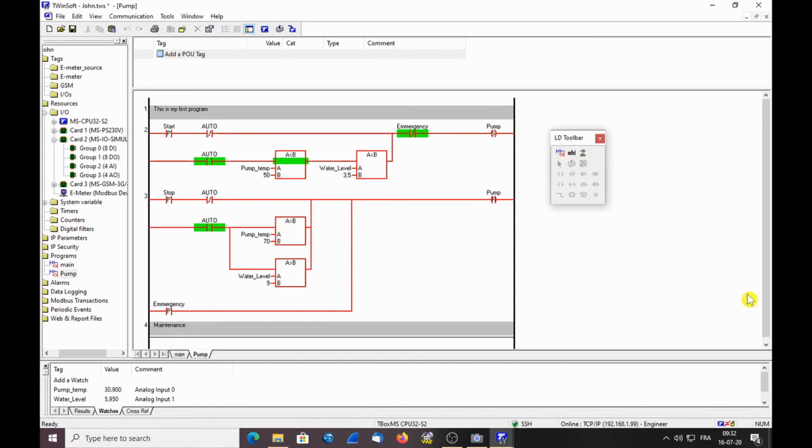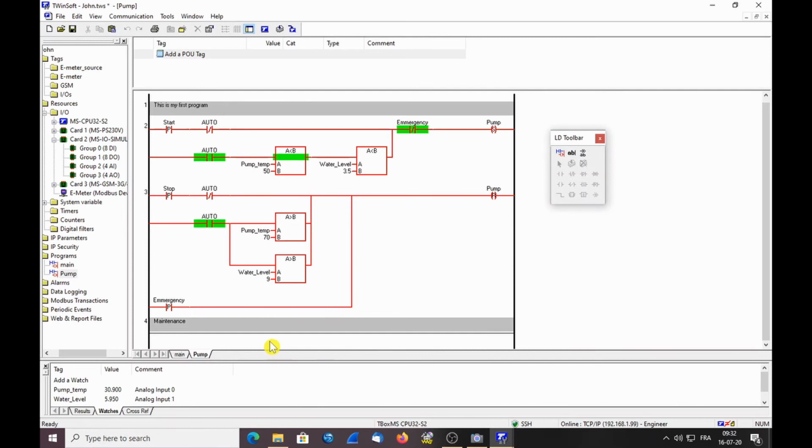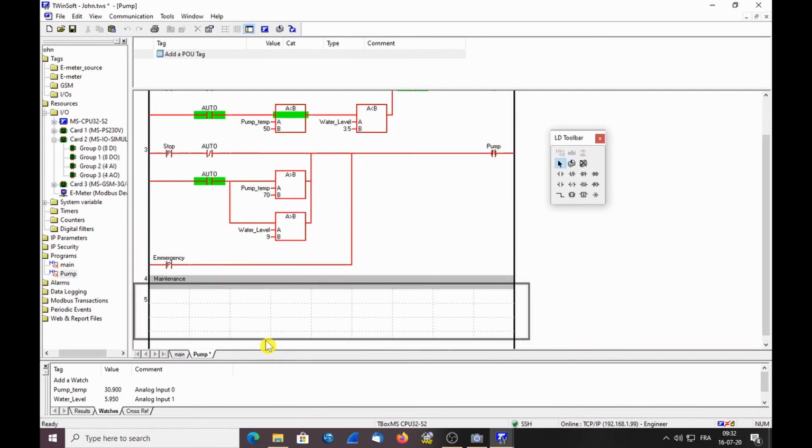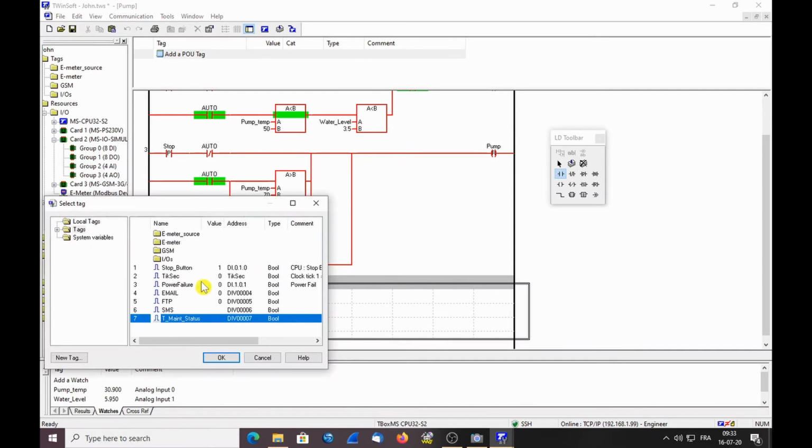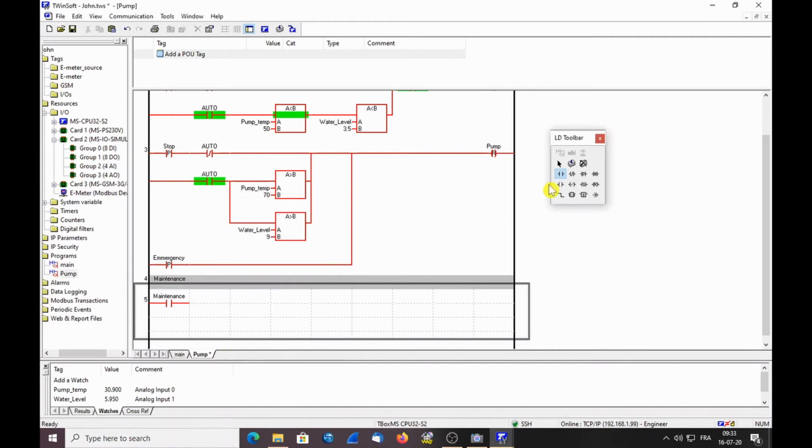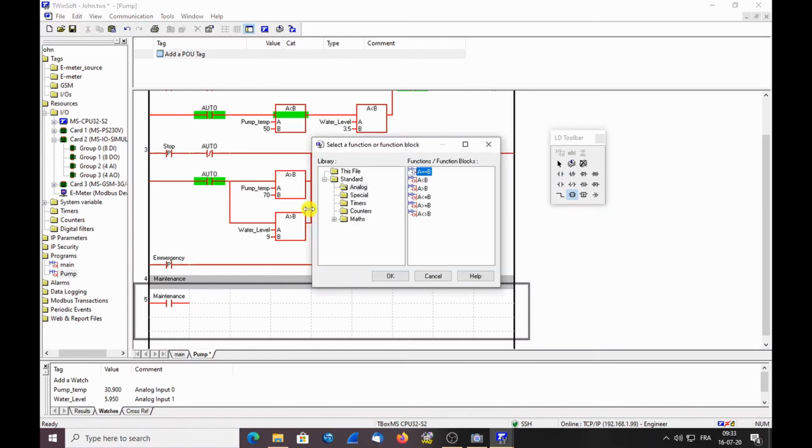Okay. Now my button maintenance will activate a timer. So I make a new line. I select my tag maintenance. It's a digital tag, so I take a digital contact, maintenance, and the timer is a function. So I select the object function, I click on a cell, and I have a folder timers, and then I